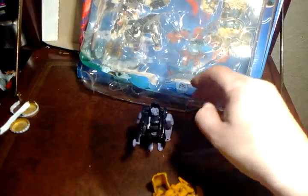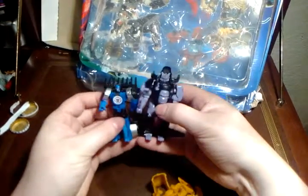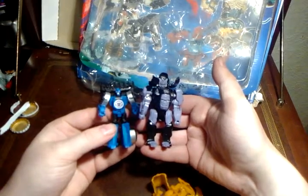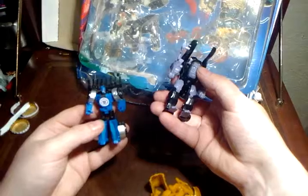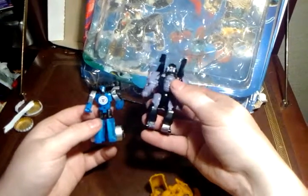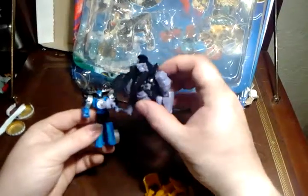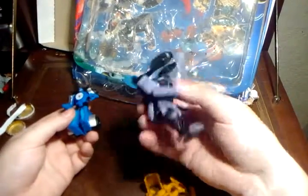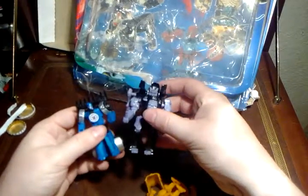And just in case you're wondering, size comparison. Transformers RID Legion class Thunderhoof. So he's Legends Commander, Legion class Commander, Cyberverse Commander, whatever you want to call it. But yeah, apart from the shoulders, he actually works. I can't say fairer than that. He works. So yeah,